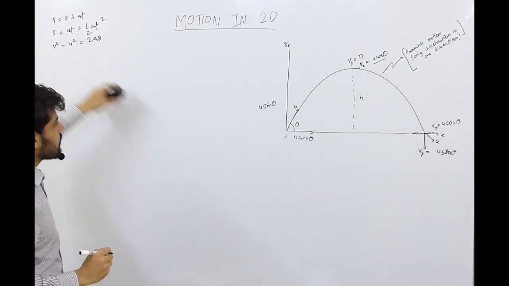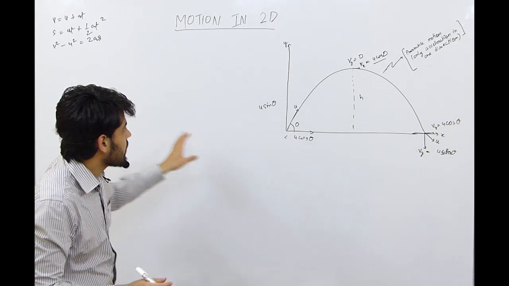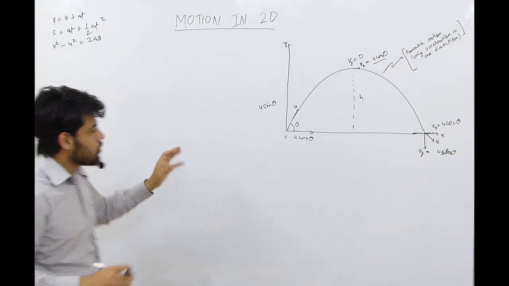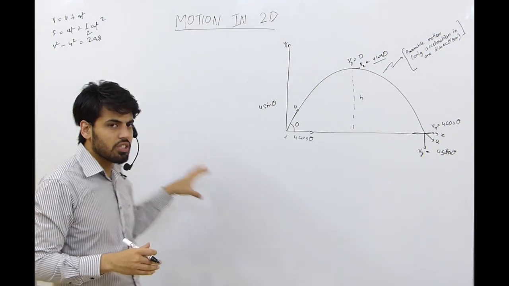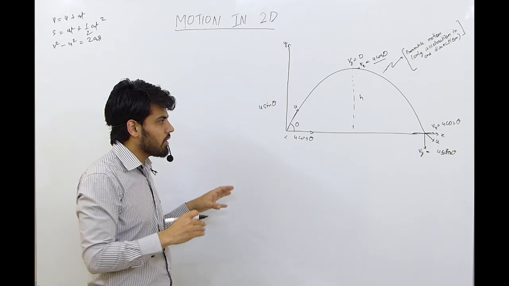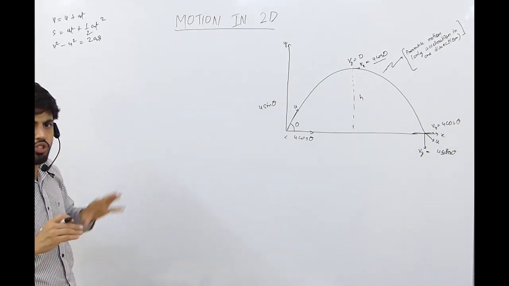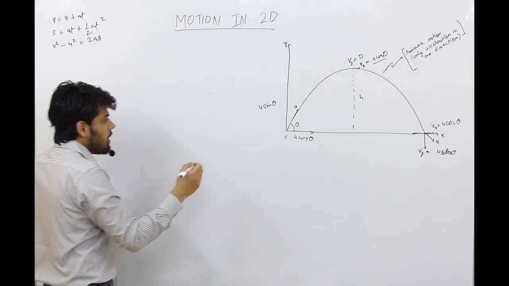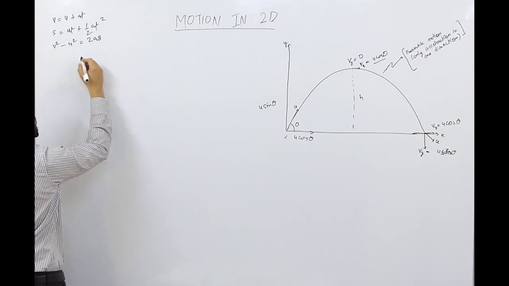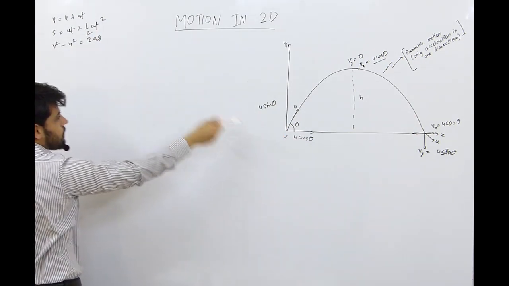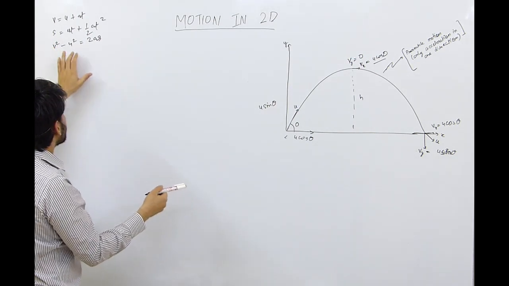So using these equations only, whether it is 1D or 2D, each and every question can be solved. So you don't have to memorize every formula. Here in this class we will discuss that everything can be resolved. If you just have a basic knowledge about these 3 equations, then every question can be resolved. So first take this initial motion, using this equation 1. We have to find height, so we will use equation 3.